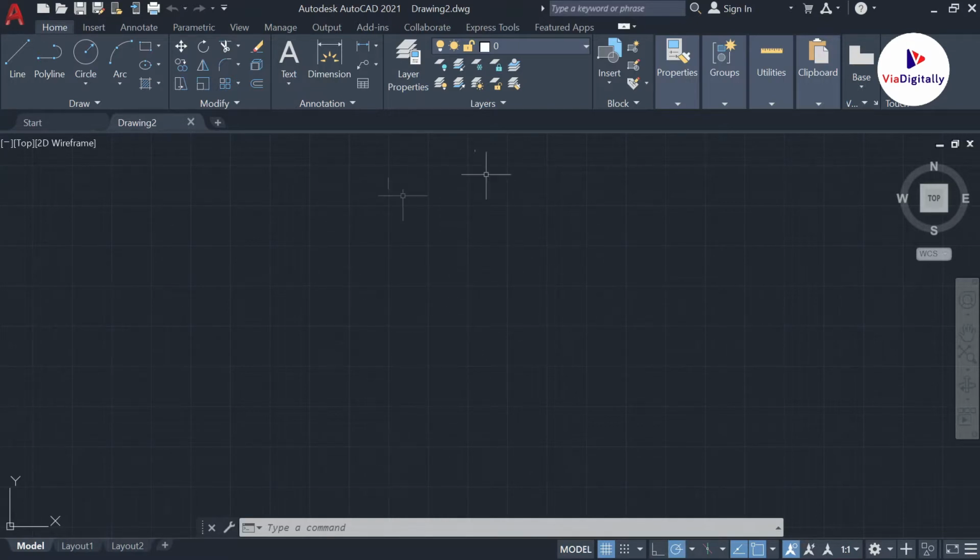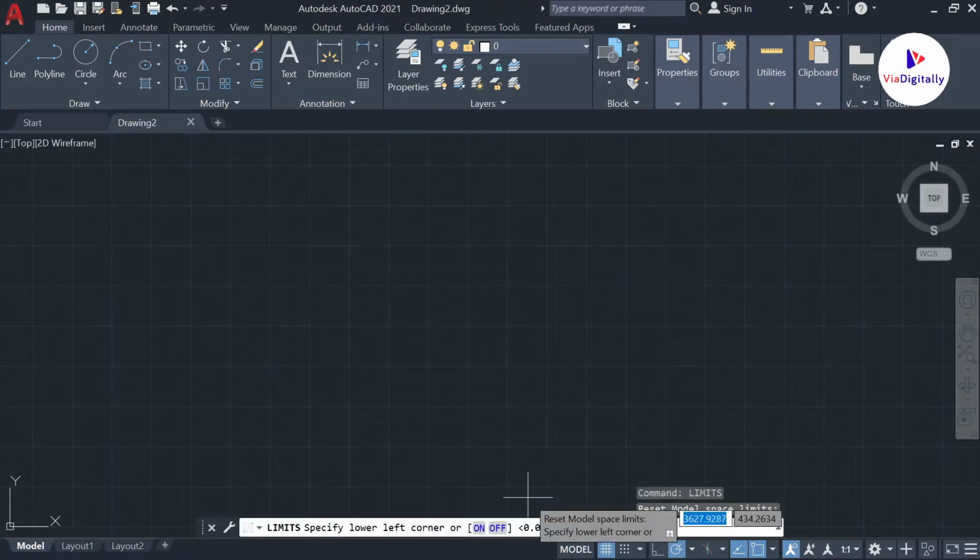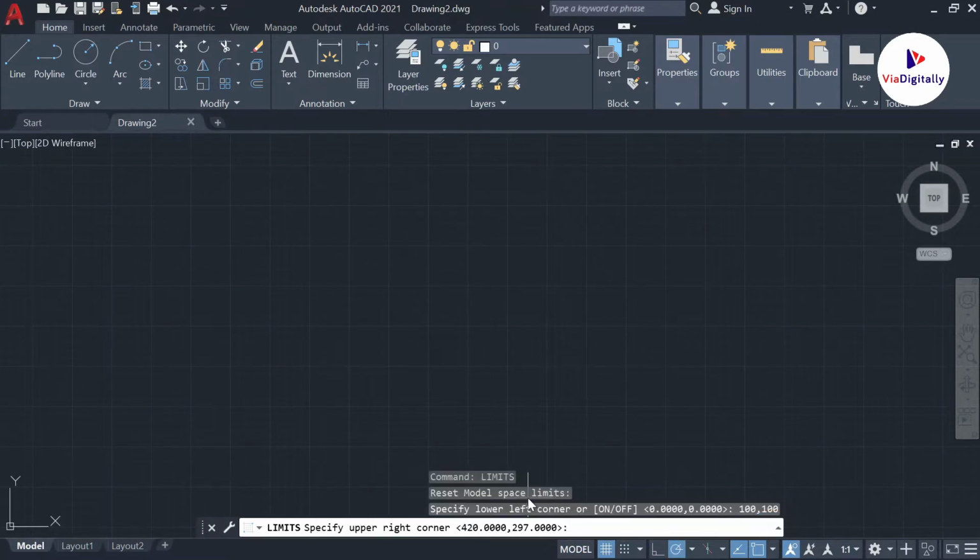First of all, I already told you in the previous class that once we open the drawing sheet, we need to set our limits as well as units. So I'm going with this. I'm typing limits. The command for limits is limits. I'm going to give 100 to 100, and as well as 1000, 1000.